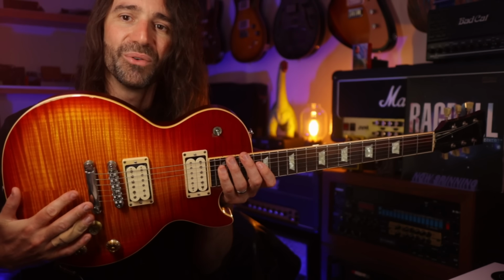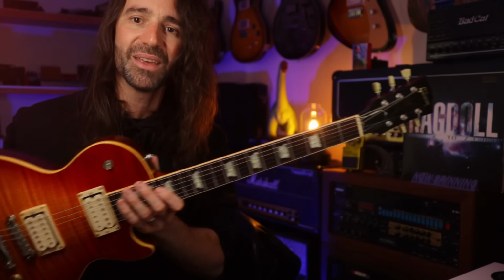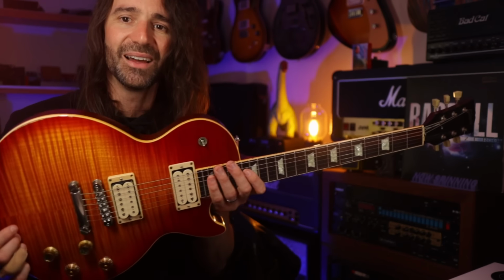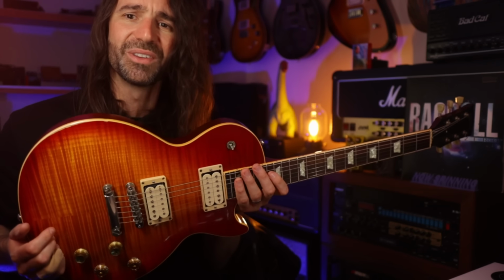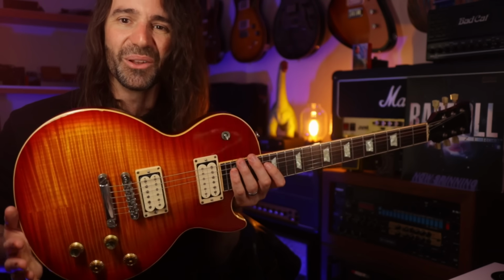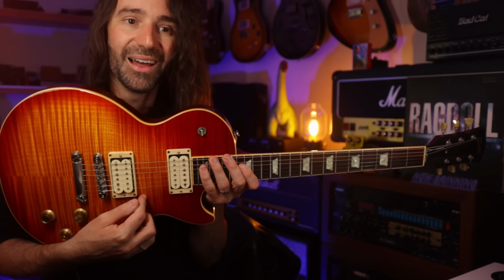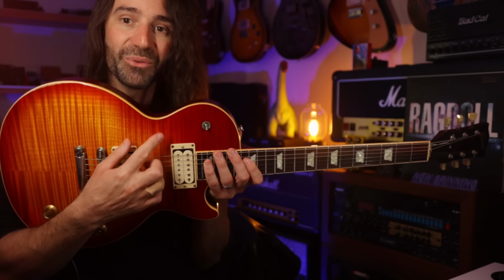I've put a Tone Pros locking bridge and tailpiece, and then Gotoh SD90 locking tuners on this guitar. I love that it still pretty much looks stock. Well, when I say stock, it looks like a classic Les Paul. You wouldn't know that there's the hardware upgrades on there. One fun thing on here is the magnets on these two pickups are reverse polarity from one another. So when you put it on the middle,